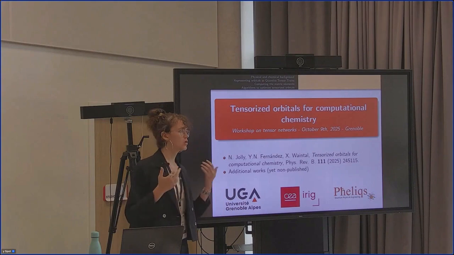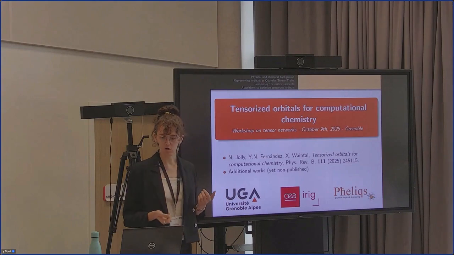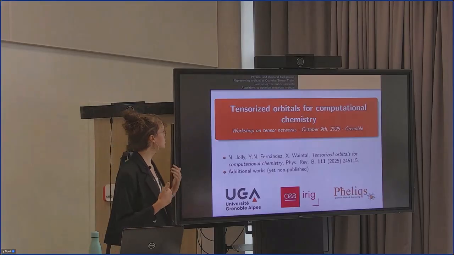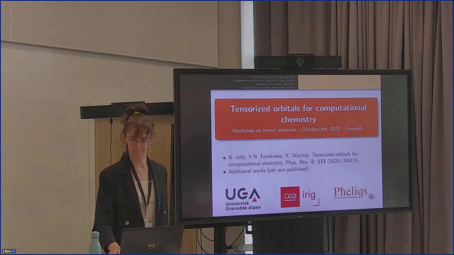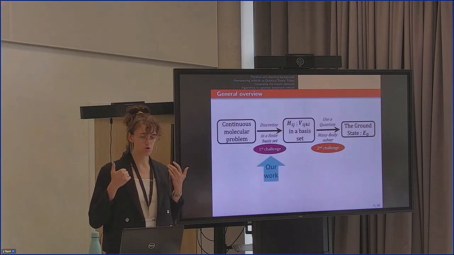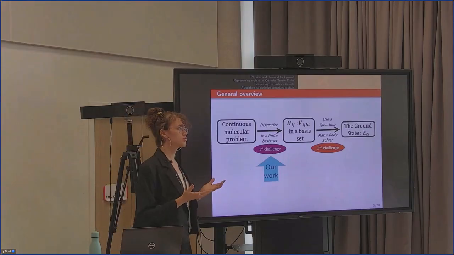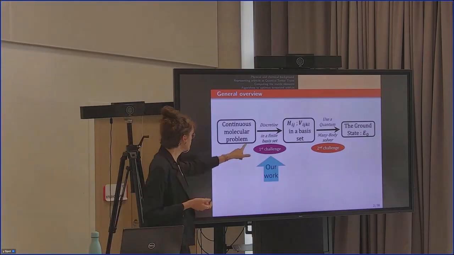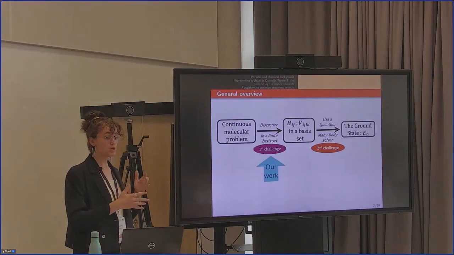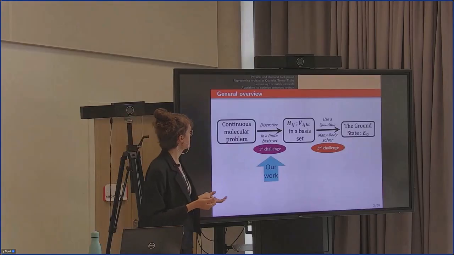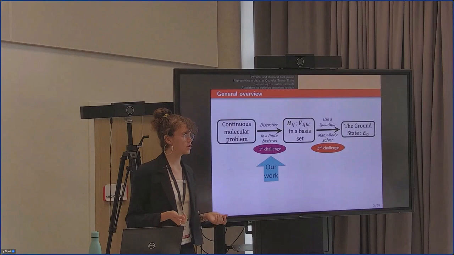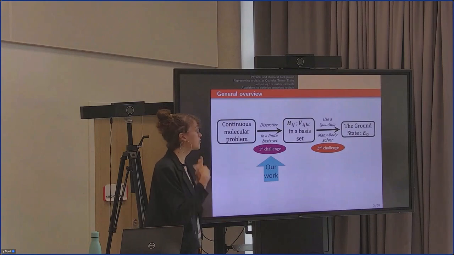I know it's not a common topic for a lot of you, so I'm going to try to go into depth to explain what kind of problems we're tackling and why we think we can have an impact here. So first, the general way to treat a chemistry problem is you have a continuous molecular problem, and first you discretize it in a finite basis set to reduce it to a many-body problem of finite size. And then you use common solvers like Hartree-Fock or much more advanced methods to find the ground state in this